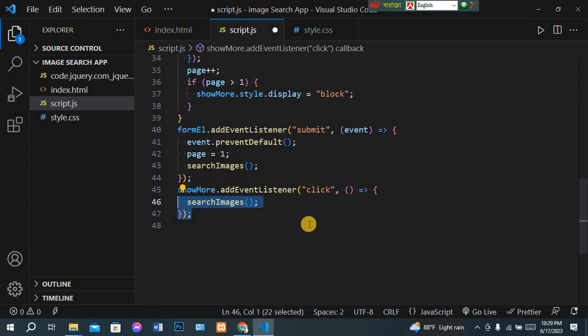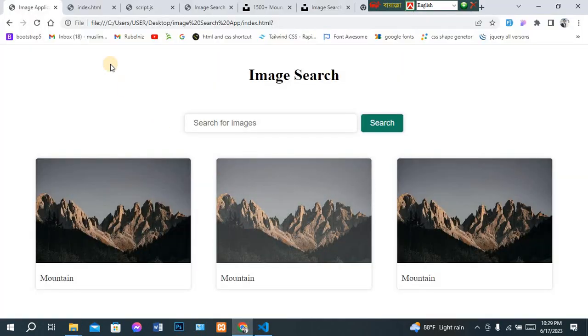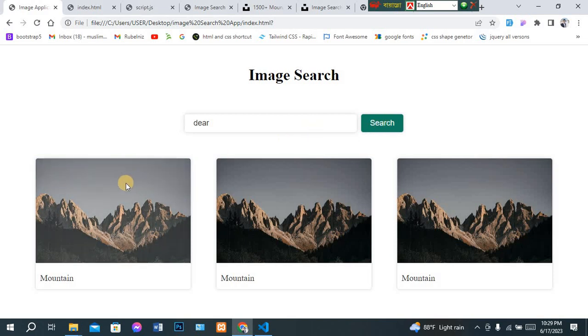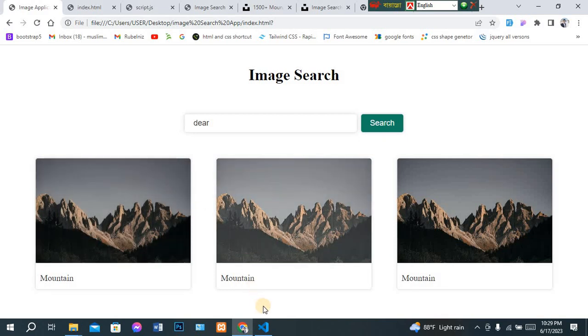And after saving, if we go to our browser and refresh, and here if we search like cat, and if we click on this search button, no image is coming to us. And if we search here like deer, and if we click on this search button, nothing is coming to us, and it is because, I think,